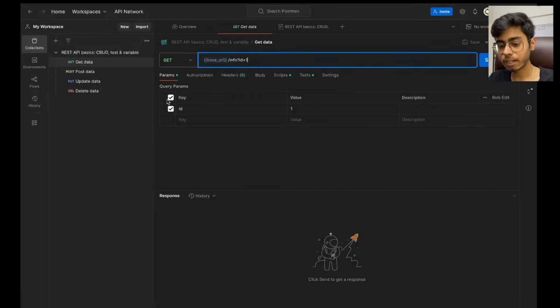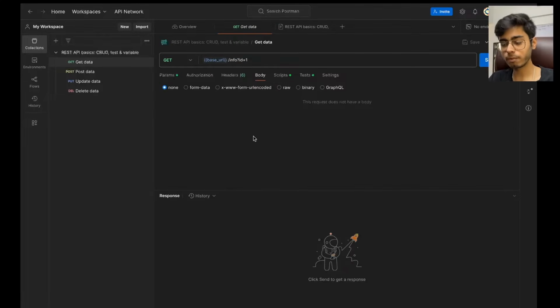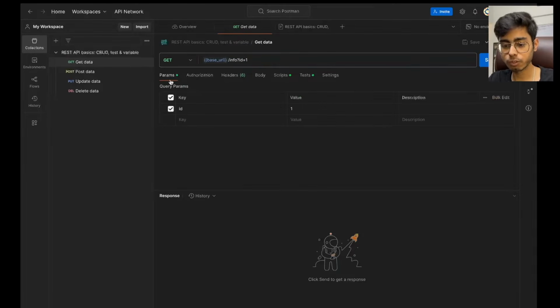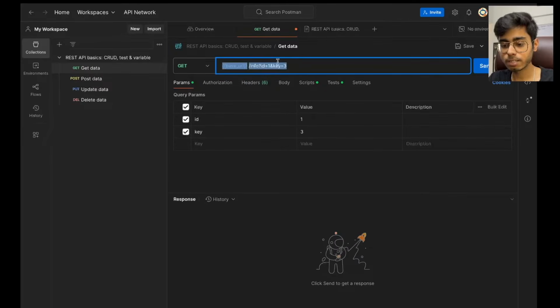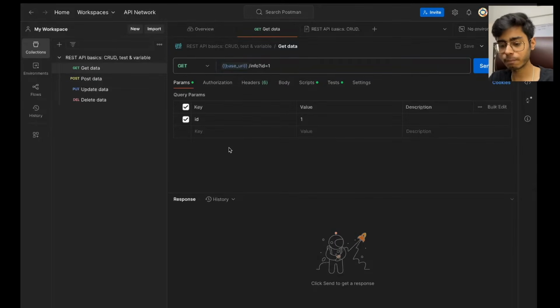So this is your get call. In this, you do not define any body. Your body is empty. Body means whenever you want to create something, you need to pass on some information. I'll come to the post part. But you can see you just define this ID, and you can have an infinite number of parameters. If you go to the parameters and I write, let's say, key, one more parameter, you can see my endpoint is appended with another parameter.